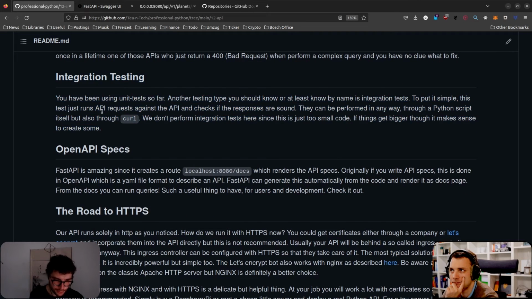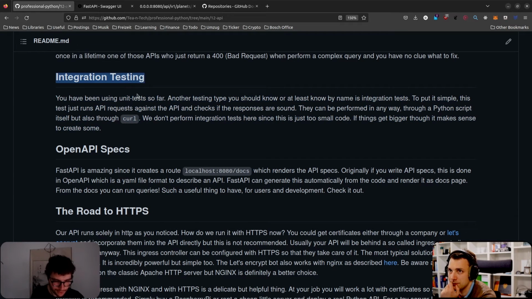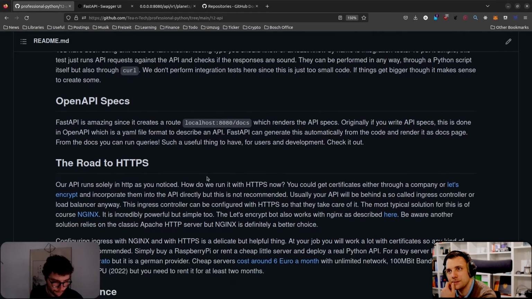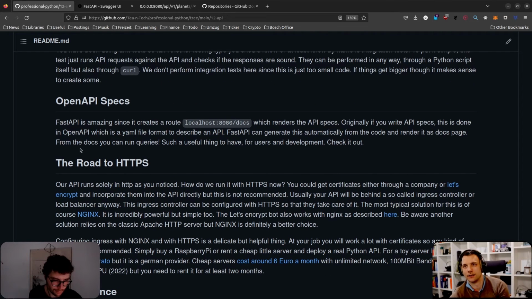Like integration testing is usually something where you have the API running and you want to check if all the routes are correct. And you don't do it through unit tests, because unit tests don't really do the network request. You really want to do a network request. And usually what you do is integration tests, and what you write is either a Python program which queries your API or a script or something. However you get it done, but you write down certain cases, query your API, check if all is working well. So that's integration testing. And then if you get some errors from users, you can encode them into integration tests or unit tests, whatever you like.